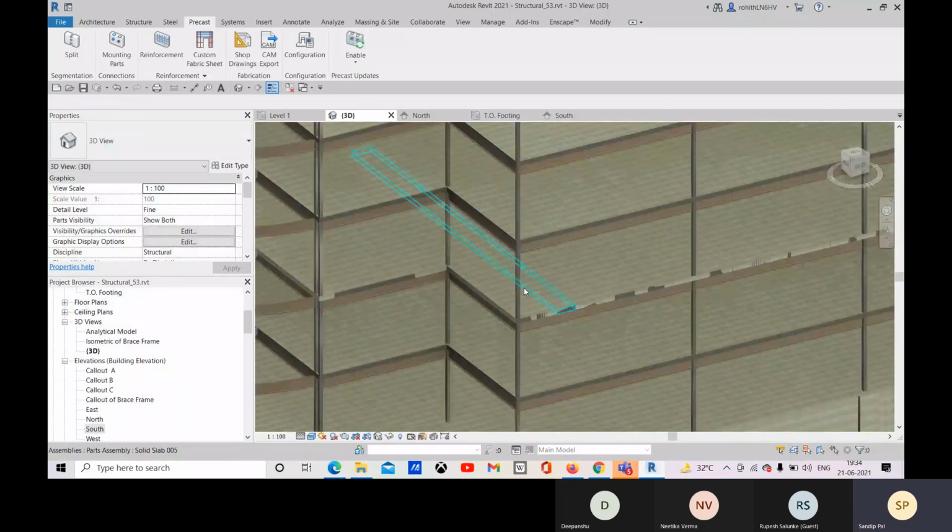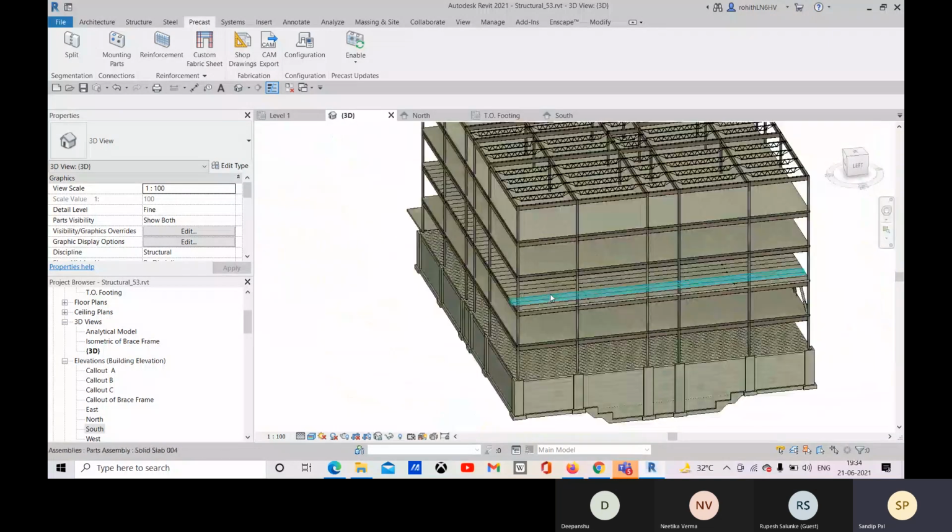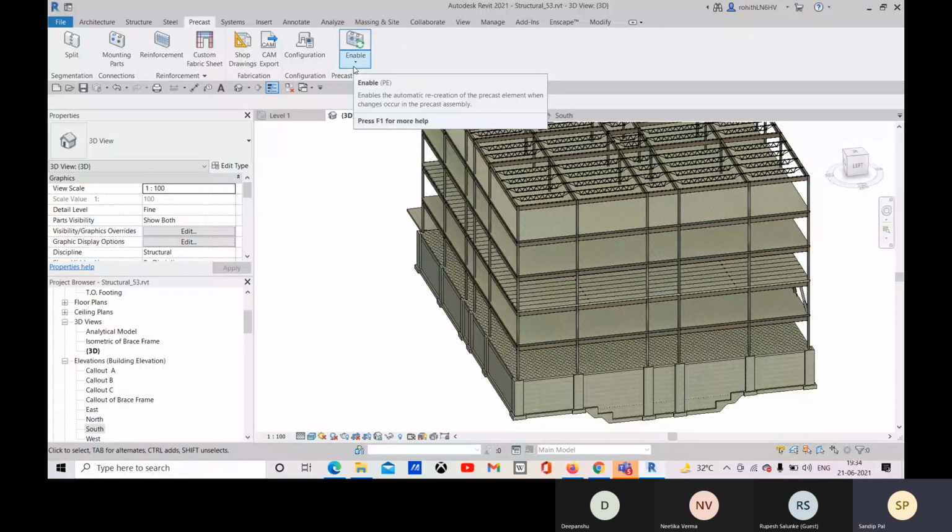Let me go for finish. And now they are added. Okay, so we have enabled it.